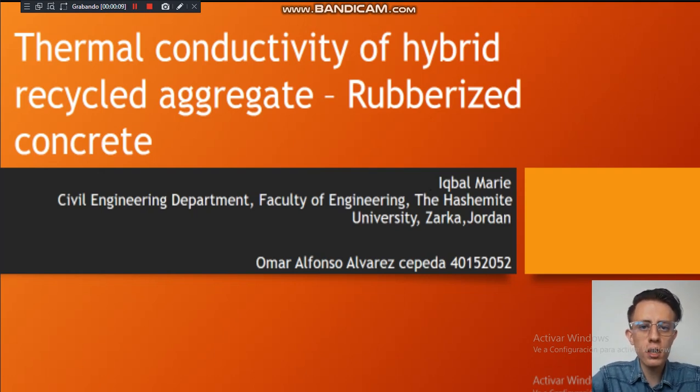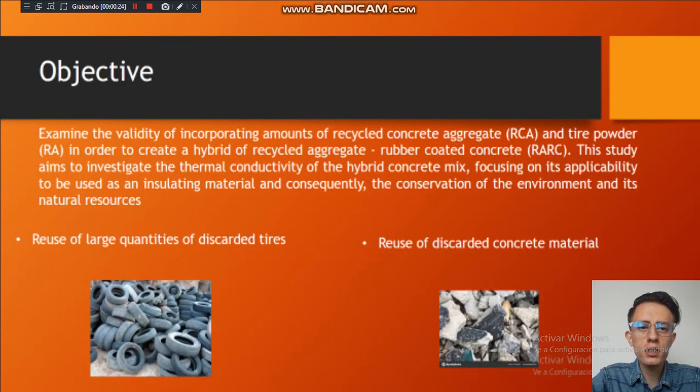Today I'm going to talk about the article entitled Thermal Conductivity of Aggregate Glass Resin Concrete Rubberized Coat by the civil engineer Iqbal. The objective is to examine the variability of the incorporation of this recycled aggregate of concrete and tire powder in order to create a hybrid. This study also aims to investigate the thermal conductivity of these hybrids for its applicability and to be used as